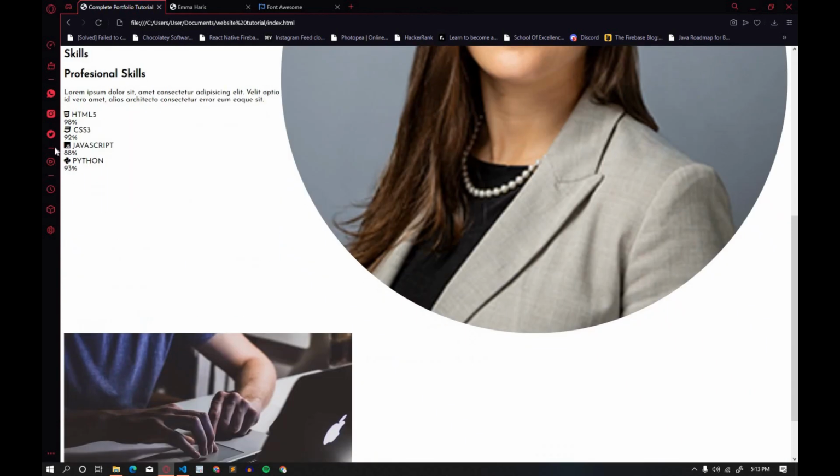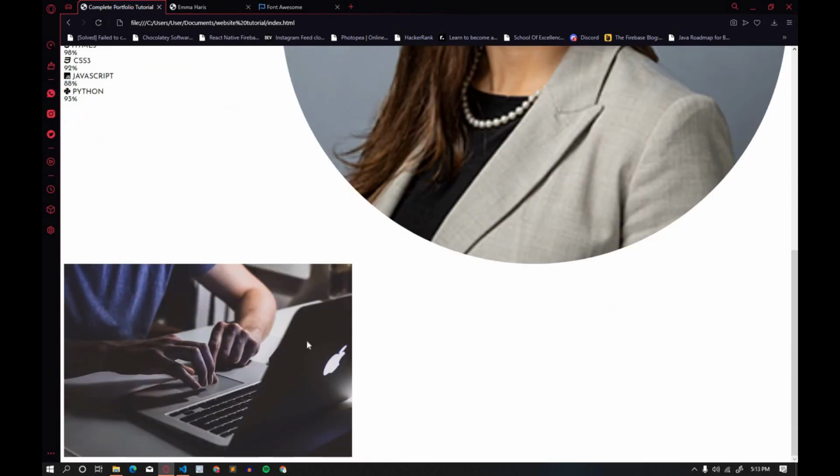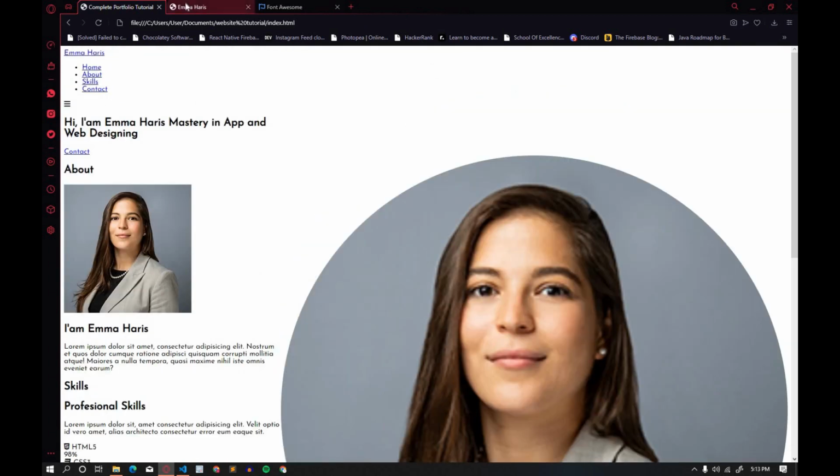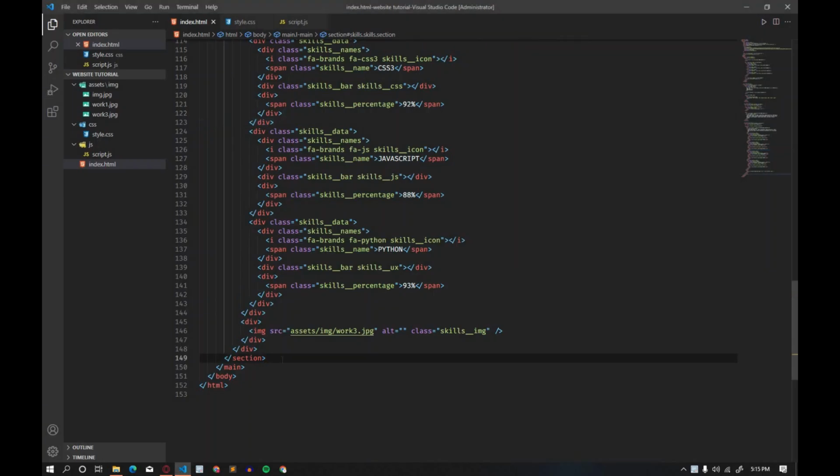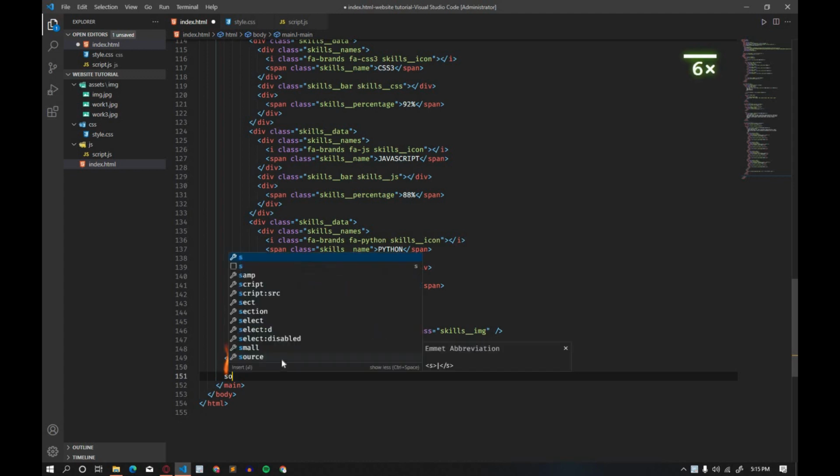So here you can see guys the image, its percentage, its name, etc, and the image. So guys, this is how we create a skill section in HTML. And now guys, let's move on to the last section, which is the contact section. Then we are going to move on to the footer. And guys, for creating the contact section, we have to do